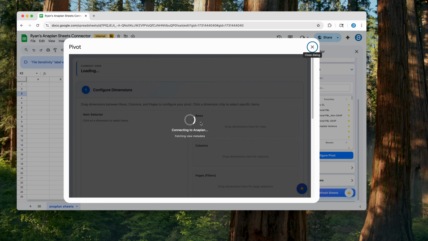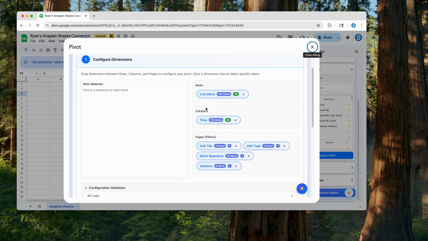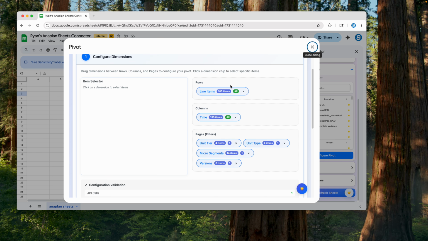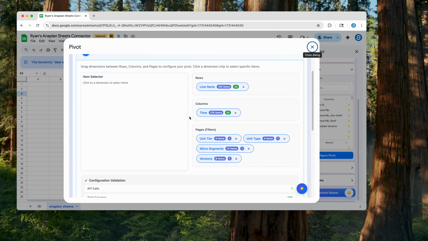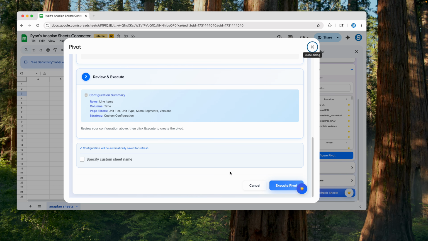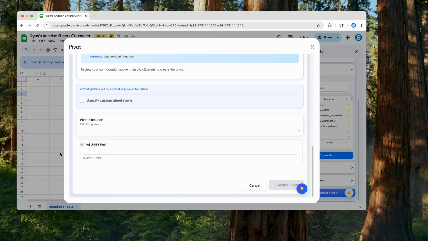It's first making external API calls to fetch the metadata from Anaplan, and then I can use this in a similar fashion to a pivot table in Google Sheets. For this demonstration, I'll leave all the dimensions and filters in their default orientation. Click execute pivot. You're then shown a live status bar, so it's initializing pivot, selecting pivot method. And now